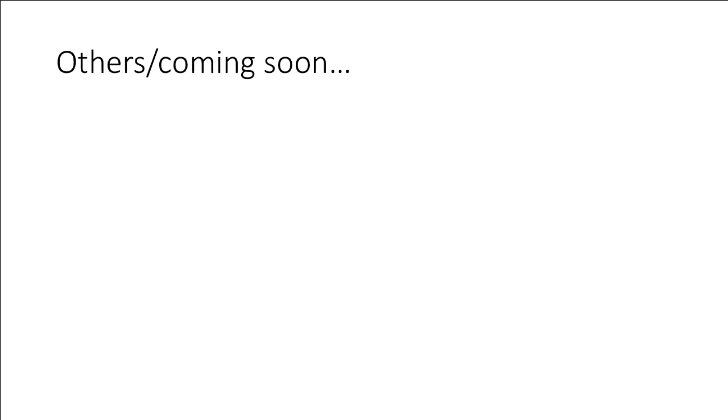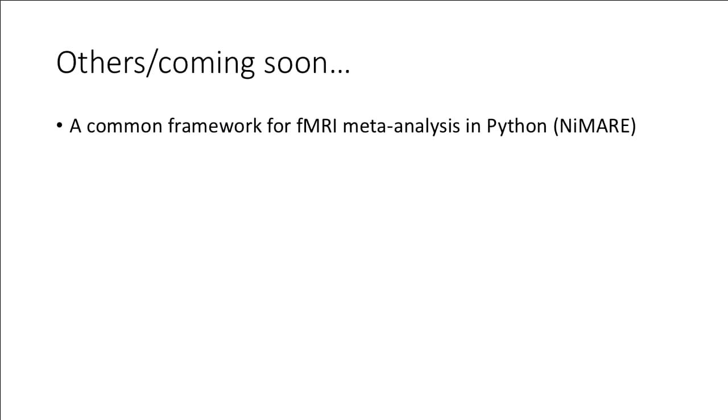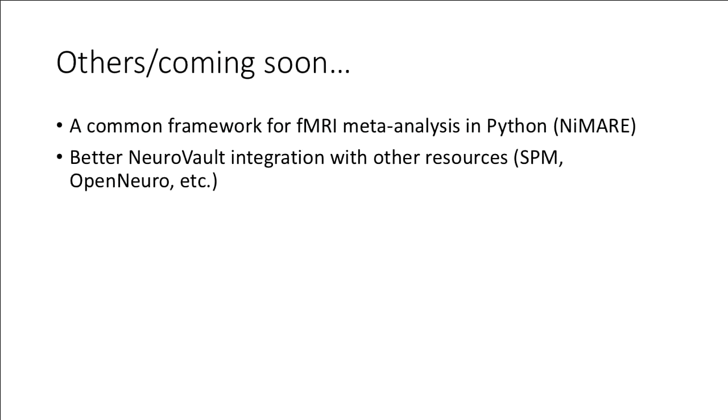I could talk a very long time about other kinds of informatics resources. I'll just sort of allude to things that are coming down the pipeline. They don't exist yet, some of them at least. But I do think it's an exciting time because some of us are in the process now of developing a common framework for meta-analysis in Python, which is, well, it's on GitHub, but I wouldn't recommend using it just yet. You might be noticing a theme here.